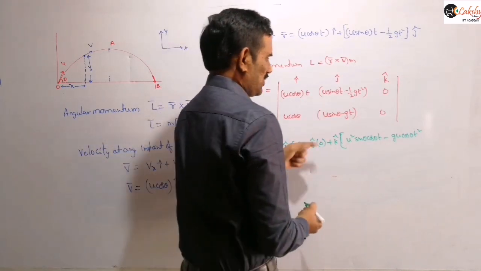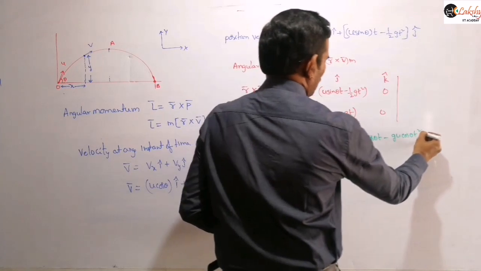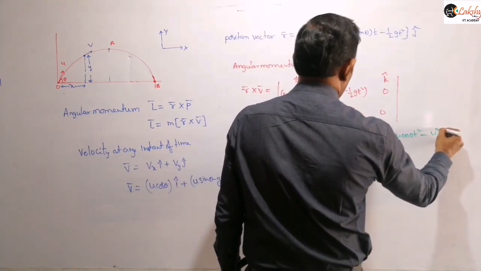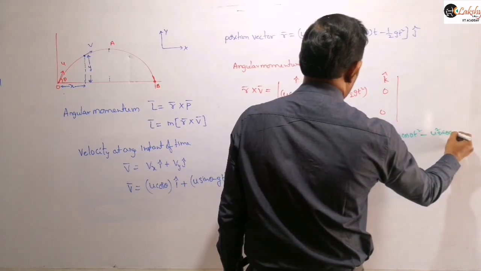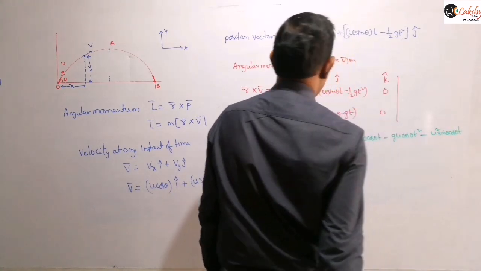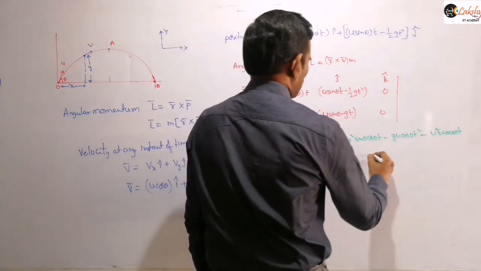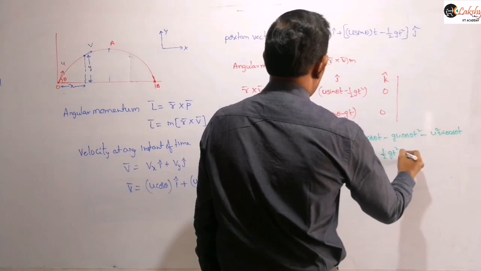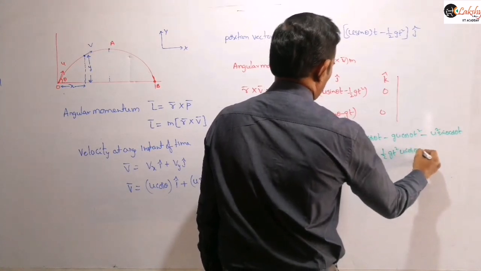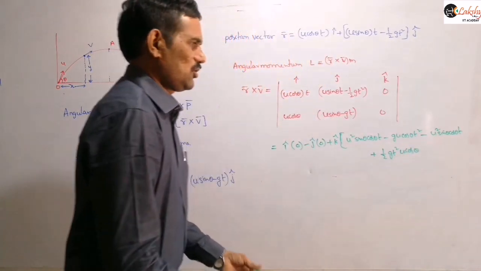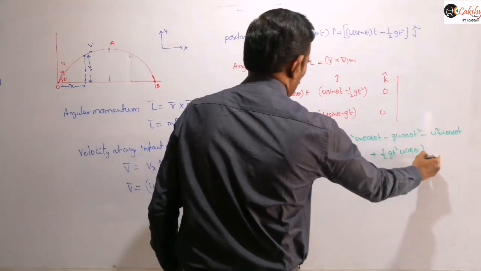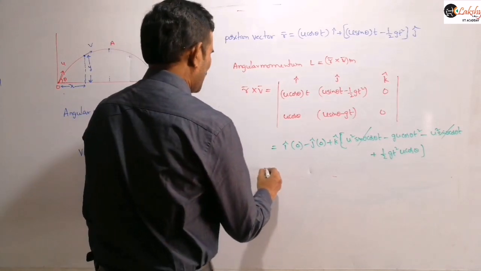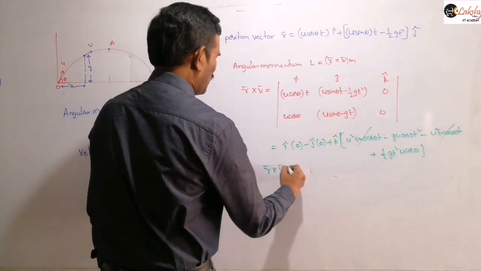So that minus of, I am again writing those values directly here, minus of u square sin theta into cos theta into t, and minus of minus, plus you will get half g t square into u cos theta, right. And now you can simplify it easily. This first term and this term and this term will be cancelled. So therefore this R bar cross V bar vector value is